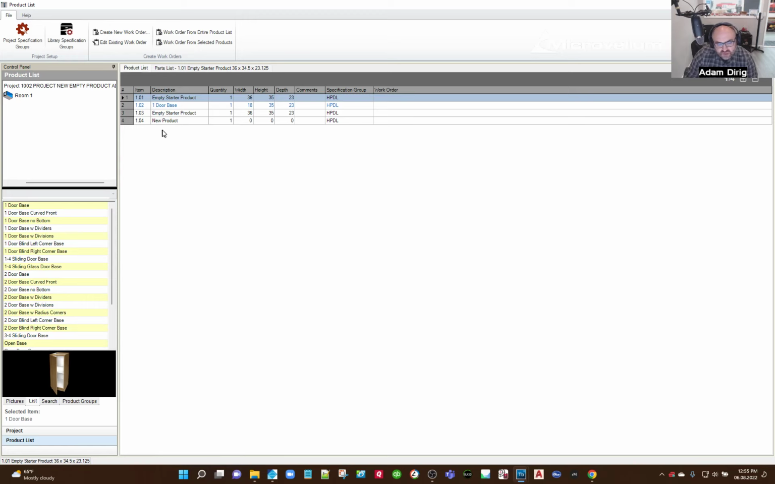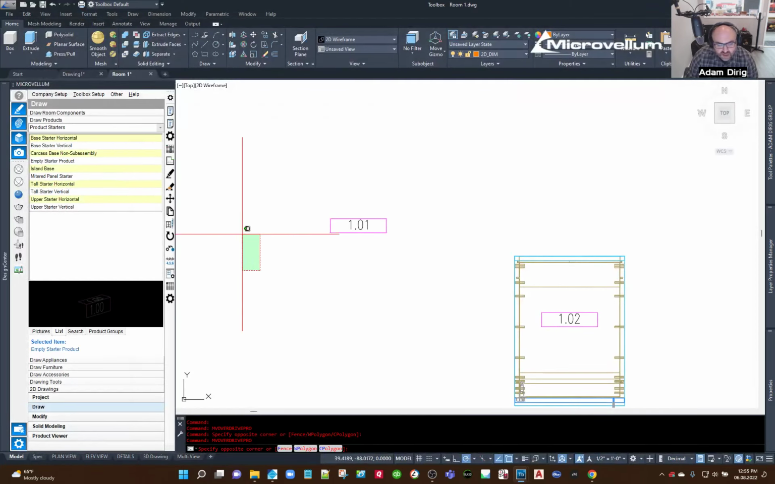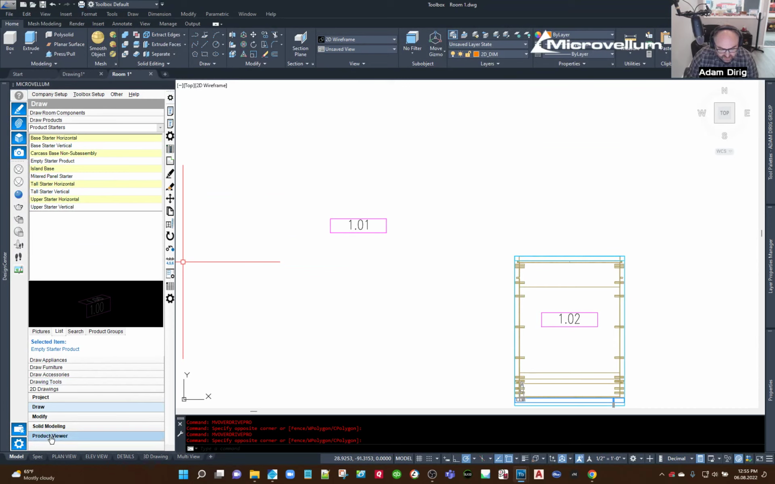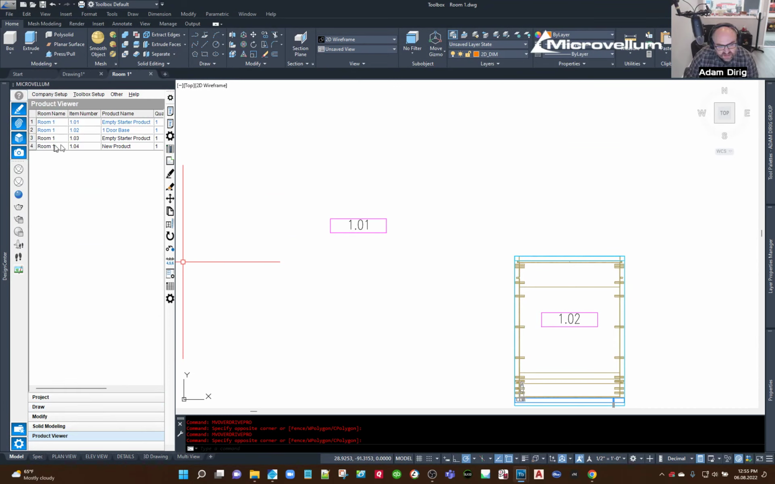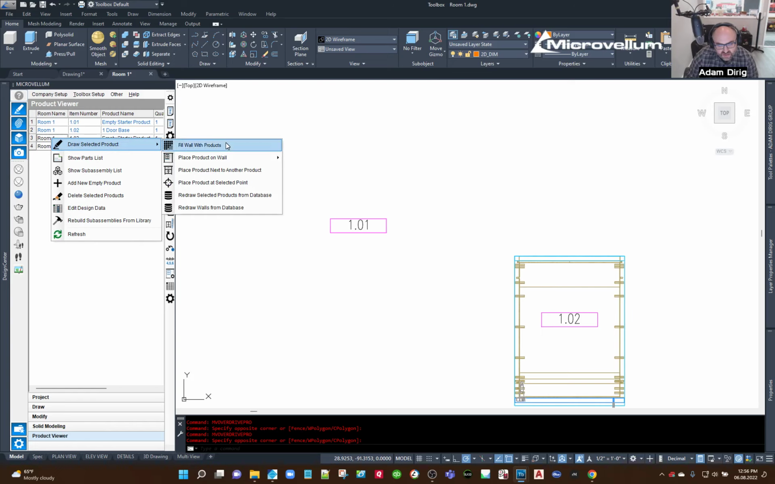And if we wanted to draw these, if you were just dropping in base cabinets and upper cabinets, I found that this is a really quick way to do it because you're not having to wait for the drawing each time. You can just kind of populate each room and then you can go through the drawing process. If you go right down here to product viewer, we can see the two blue ones have been drawn. These two have not. If I wanted to draw them, I just right click and hit draw product,